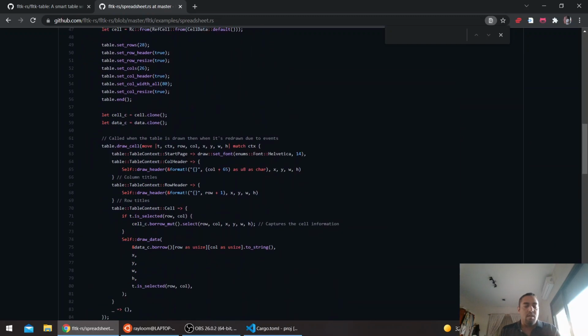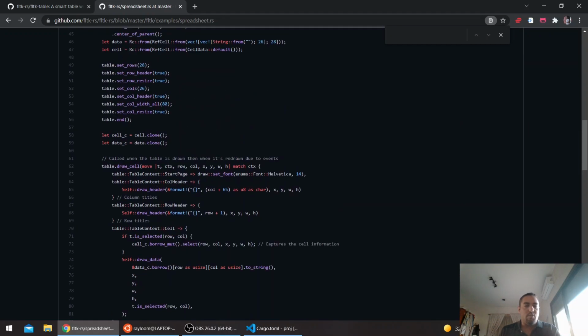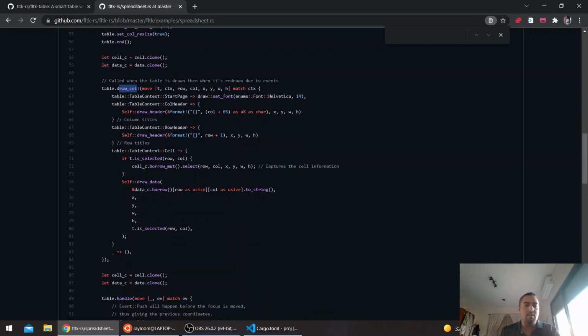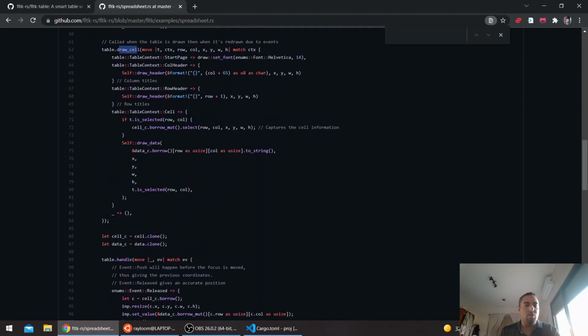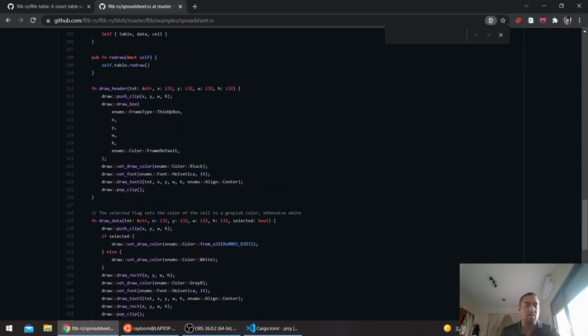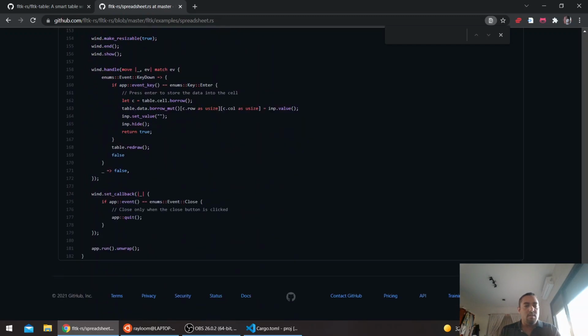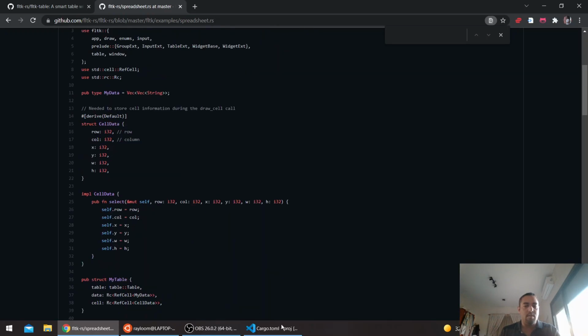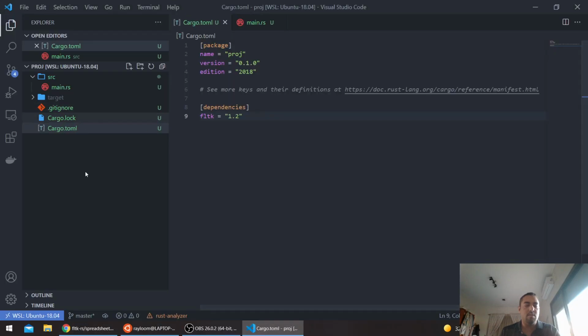Basically, you have to set the rows, the columns, you have to override the draw cell method using a closure, and in each context you would do a specific call to a draw function. And here we have the draw functions, for example, where you basically need to push a clip, do your drawing, and then pop the clip. And you can see this is a lot of boilerplate. So the FLTK table crate seems to be basically a